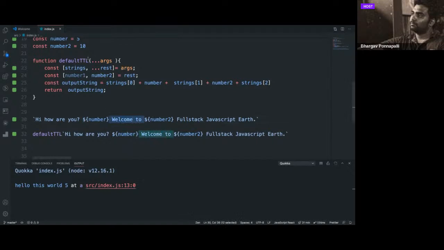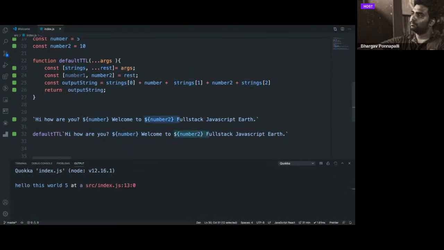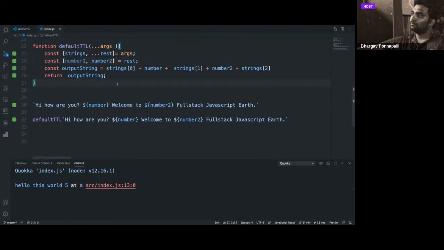So strings, the second value in strings is "welcome to", right? And you get the idea, right? So it's splitting them in such a way that it is sending the string parts and the interpolated parts separately. So that is the important difference between calling a function with tag template literals and calling it with